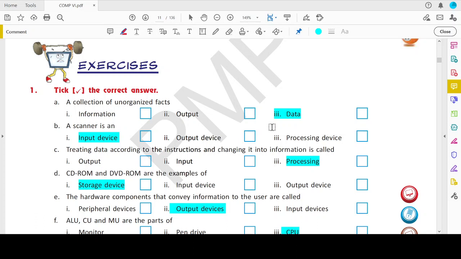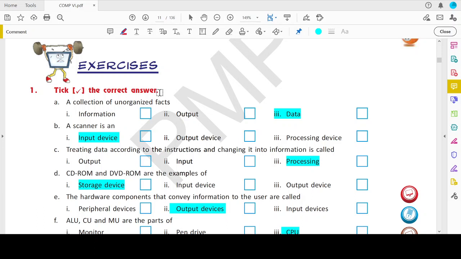In this tutorial, we will discuss the exercises of the chapter Fundamentals of Computer System, the first chapter of your book IT Planet class 6. So let's see and let's discuss the short answer type questions first. Pick the correct answer. The first one. You can see the correct answers are already marked, so we will just read and see the reasons behind the